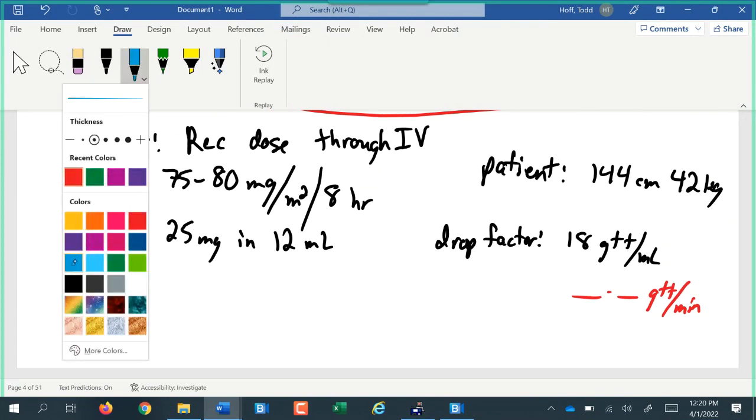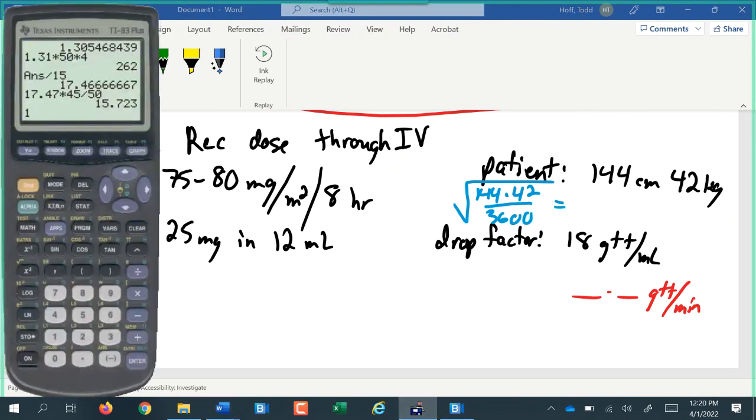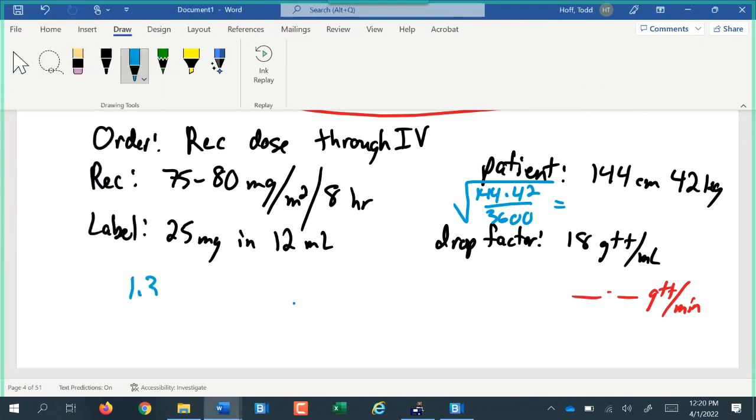So again, we need to find our body surface area. I realize we only have like a minute and a half left, so I'm going to fly through this. 144 times 42 over 3,600, since those are metric. Second square root, 144 times 42 divided by 3,600 is 1.30 meters squared over 1. We're going to use the maximum of 80 milligrams per 1 meter squared to cancel out the meters squared,